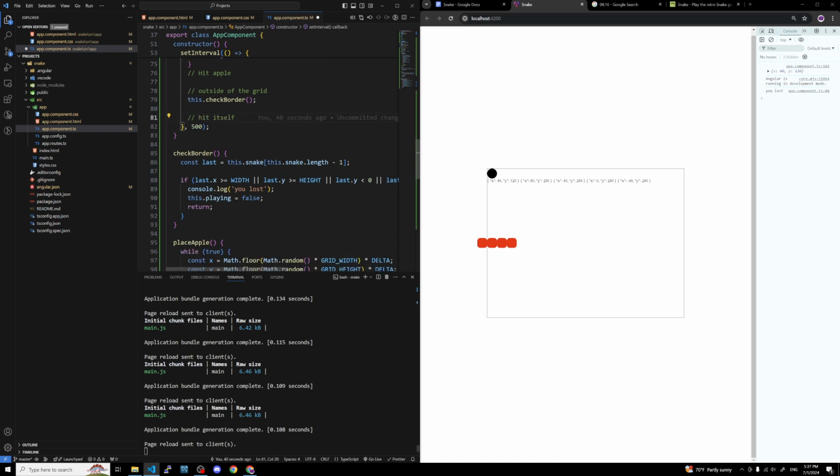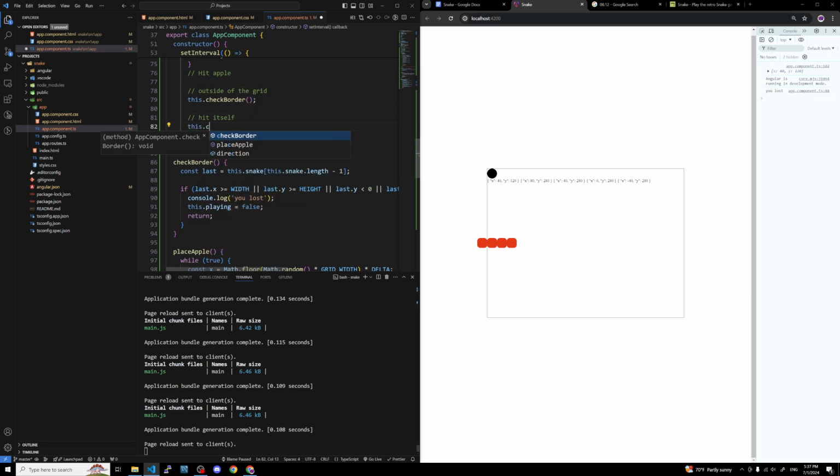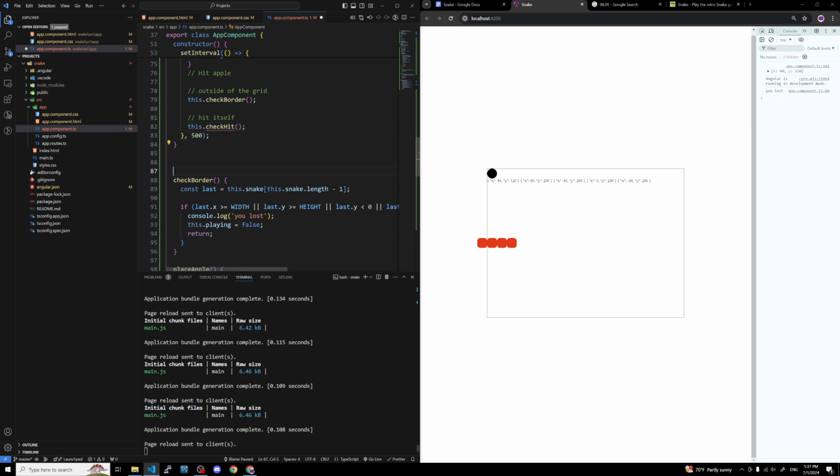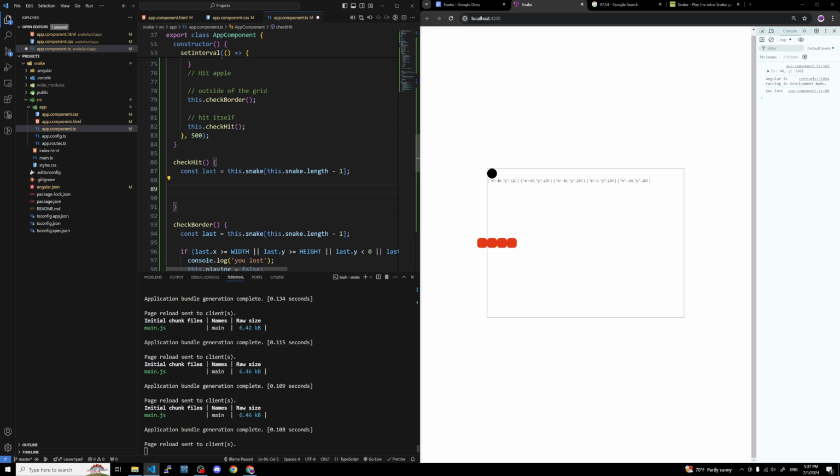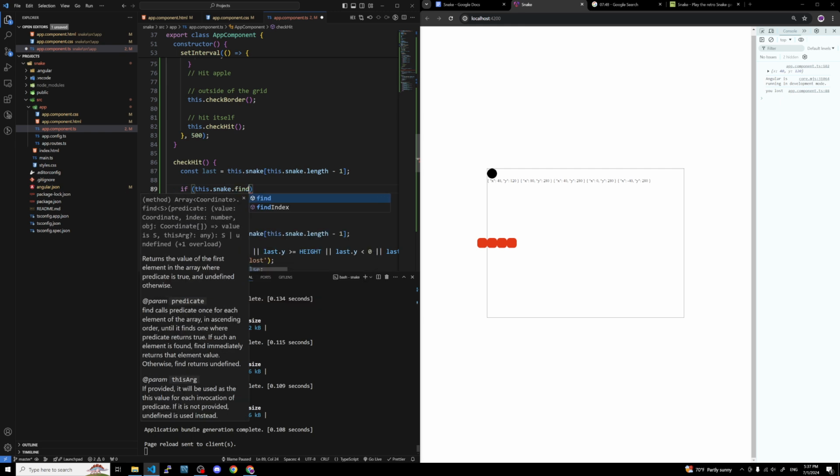I think that's also pretty easy to do. This dot check hit. Let's just do it like check hit. Check hit. Okay, we can just copy this one. Oops, sorry, last one. Okay. And then if any of them are, if this dot snake dot find